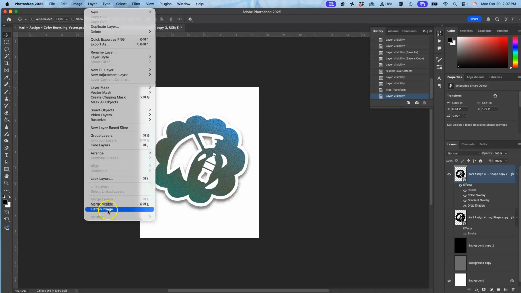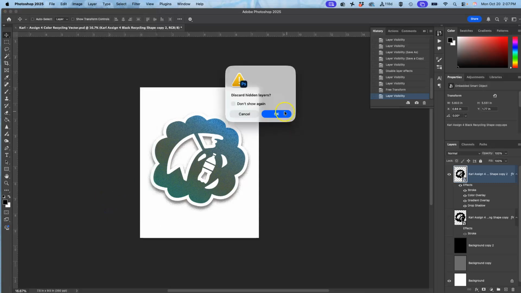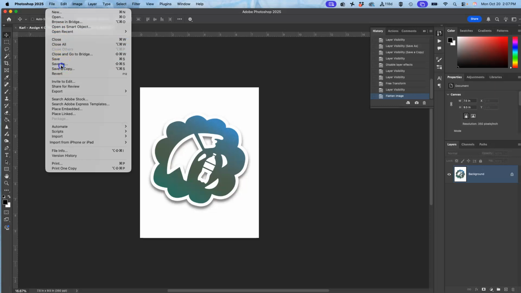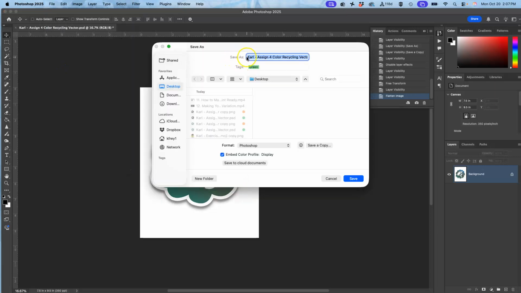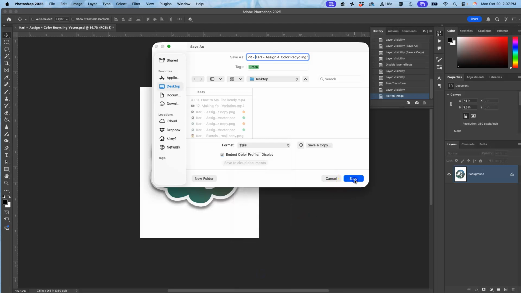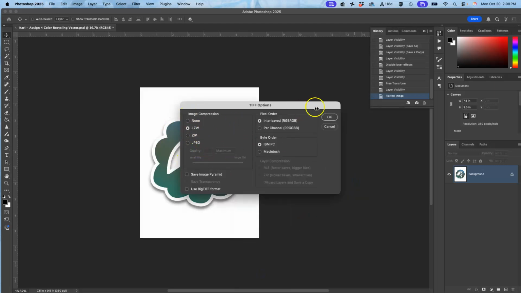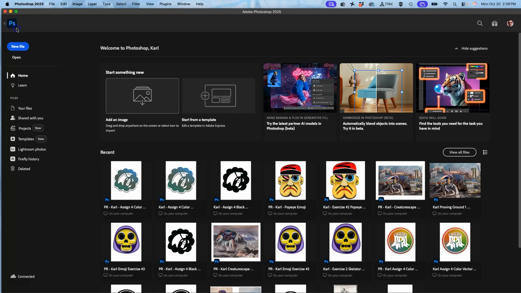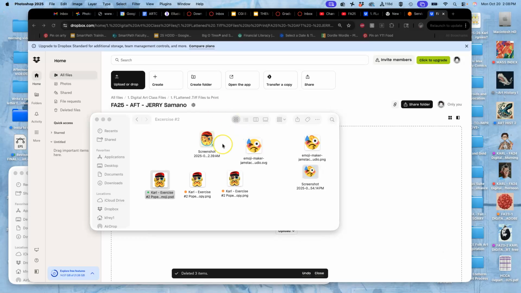Layer, Flatten Image. And then File, Save As, and I change it to my print ready by putting PR in front of it and not saving it as a Photoshop file, but saving it as a TIFF. And when I save as a TIFF, I should get this, and I should always mark LZW. Then I can close this, and I go back to my desktop,